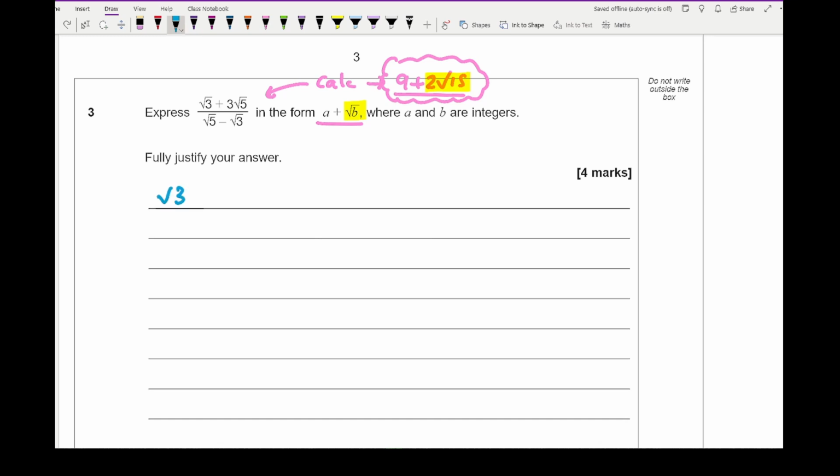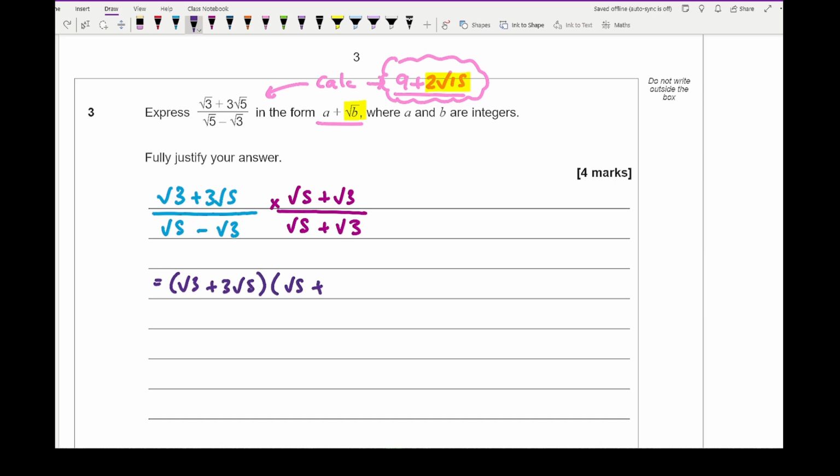So we've got root 3 plus 3 root 5 over root 5 minus root 3. For this we need to rationalize the denominator. So I multiply by the denominator reversing any signs, in which I multiply by root 5 plus root 3 over root 5 plus root 3. Then simplifying this, what do I get? Well, I'm going to get root 3 plus 3 root 5 multiplied by root 5 plus root 3 all over